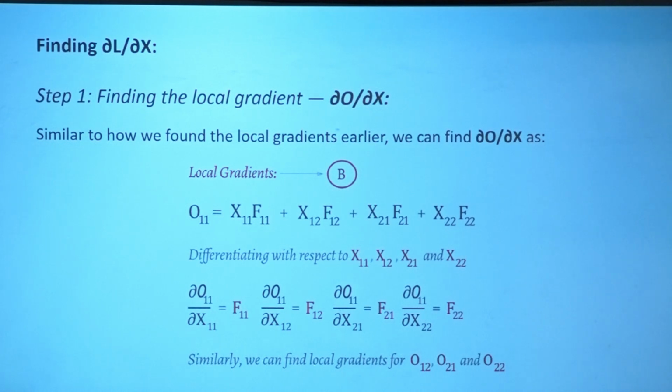Earlier we did differentiation with respect to filter elements. Now I am doing it with respect to the input X, 9 elements: x11, x12, x13, x21, x22, x23, and so on. Of course, I don't have the values or parameters for x13, x23 and the rest, so I can't do the derivation. Obviously, I will do the derivation with respect to the 4 elements of the input only. Similar to earlier, with the derivation of output with respect to input, you are getting the respective filters. This is also simple. In a similar way, you are supposed to calculate for the rest of the 3 elements of the output matrix. Up to this point is clear.